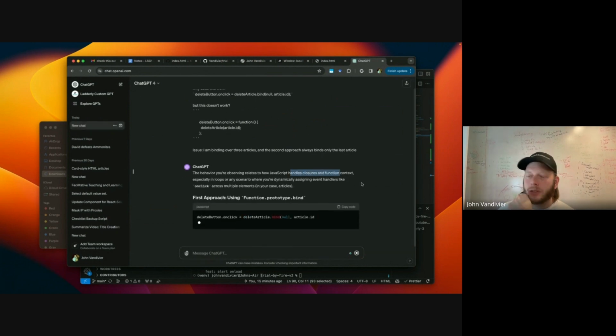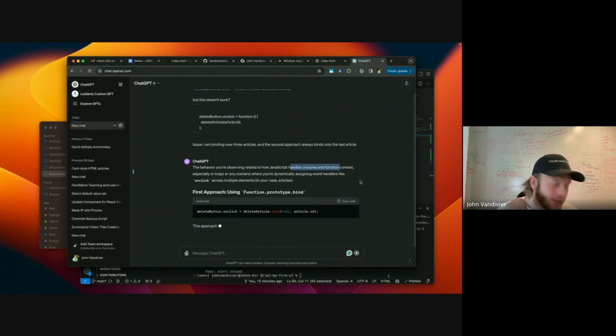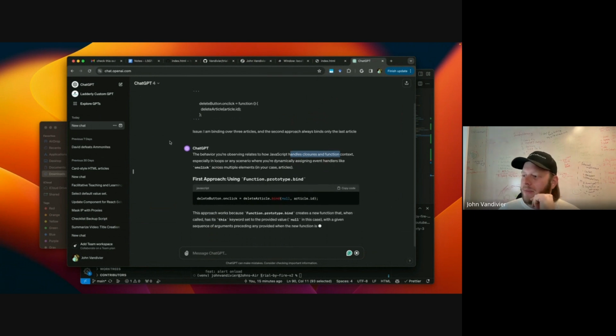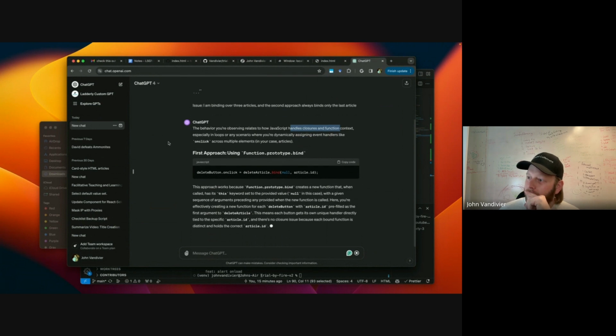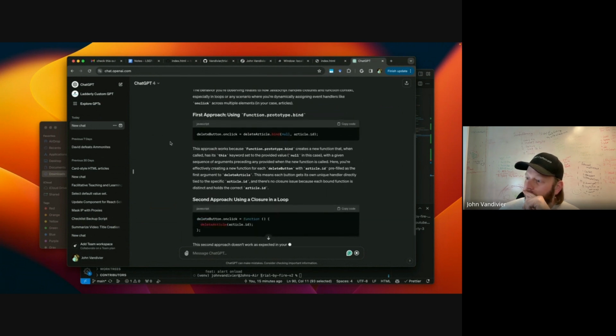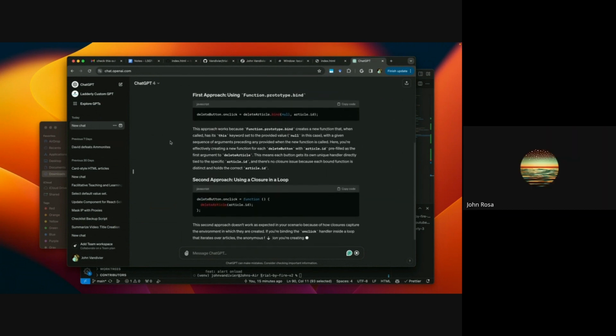Yeah, it's because it's in a closure. Well, this is like a super advanced topic. How do I describe a closure? Let's ask ChatGPT. Maybe that's going to do a better job of describing a closure than I would. But I appreciate that you're not glossing over it. That's nice.